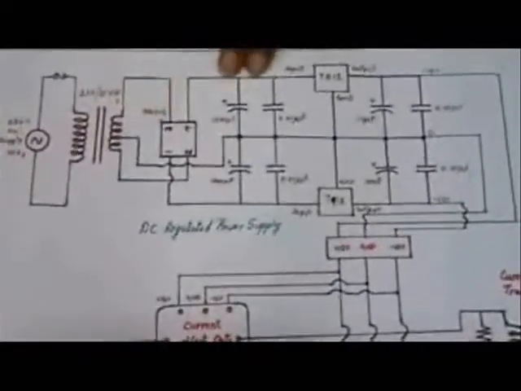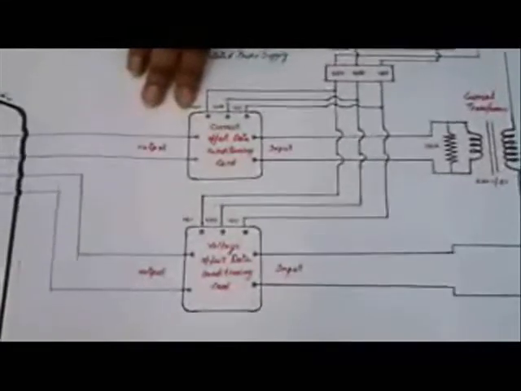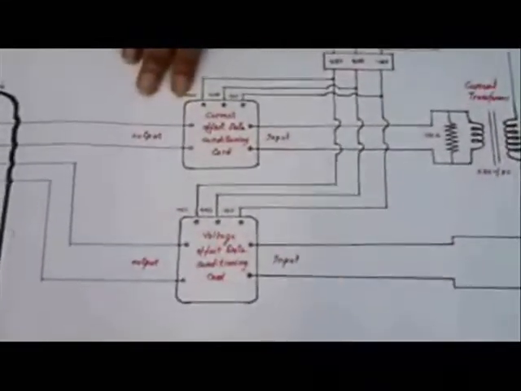Here the AC signal is given to a transformer where it is stepped down to 15 volts. The 15 volts is given as the input to the bridge rectifier where it is converted to DC. This DC voltage is regulated to a constant voltage using the regulators 7812 and 7912. The distortions in this signal are reduced using these capacitors. This circuit has an output of plus 12, 0 and minus 12, which is given as supply to the offset data conditioning cards. The function of the offset data conditioning cards is to clamp the given input signal to a positive value using a reference DC voltage.